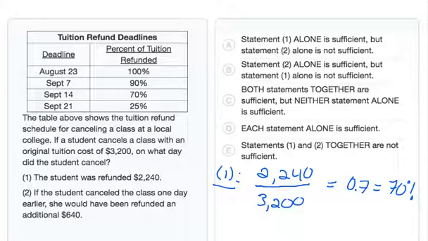Now, this is the refund for canceling the class between September 8th and September 14th. If we look at the table here, the percent of tuition refunded would be 70%, and this is right after September 7th, so anywhere from September 8th to September 14th, we would get 70% back. But even though we're within this range of time, the September 8th to the 14th,